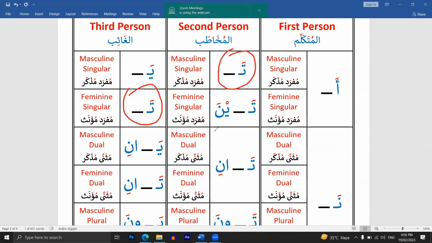Yes, both of them. There is no indication to differentiate between them. Both of them will have the same form, only the context of the sentence tells them apart. Let me give you an example. So if I'm talking to a person,